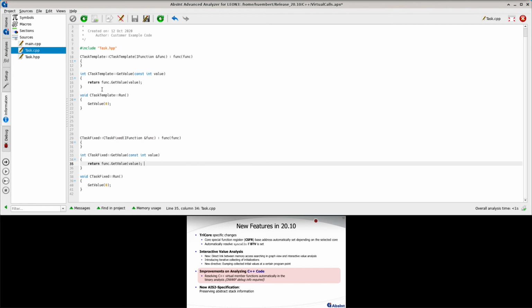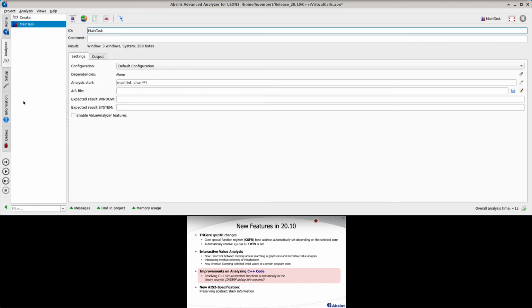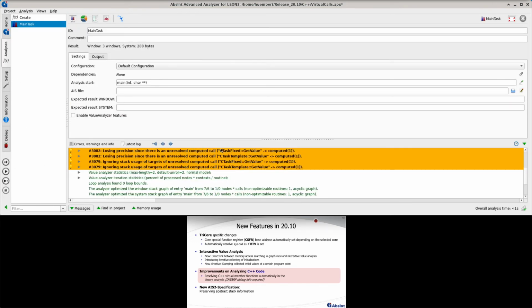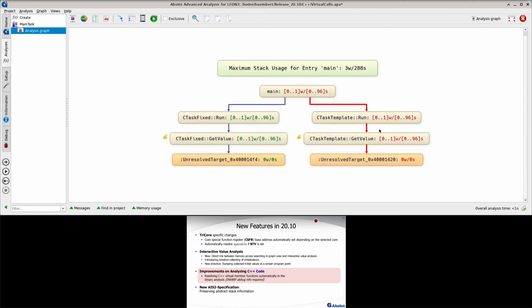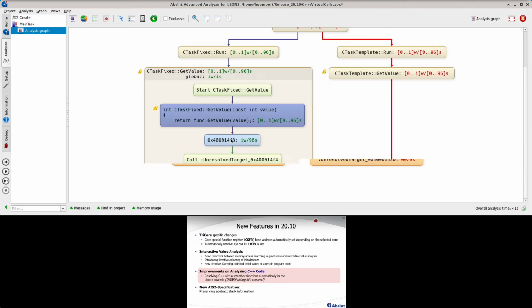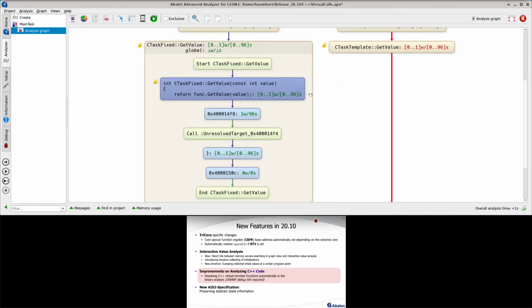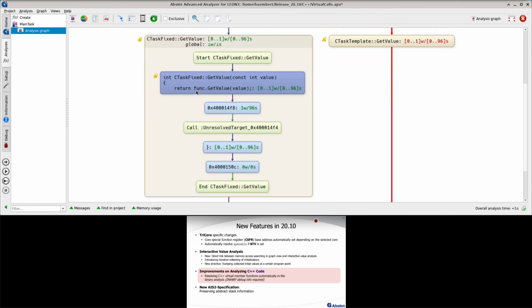And the interesting case now is, well, we see that in the analysis. If I run it, we get unresolved computed call warnings. And let's have a look at the graph. This is because inside of the getValue function, so it doesn't matter in which instance we follow that, we are calling this func.getValue. And in previous release versions, the analyzer wasn't able to follow or to resolve this computed call, since this getValue method is a virtual function